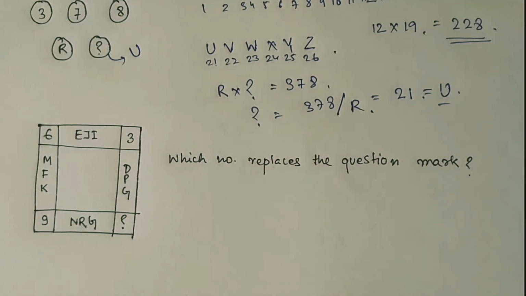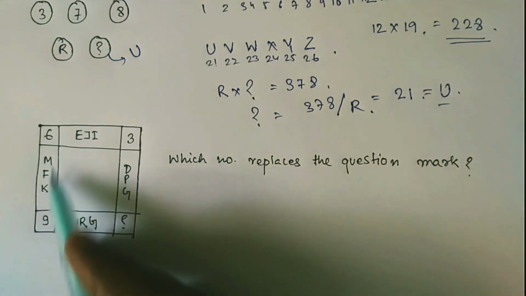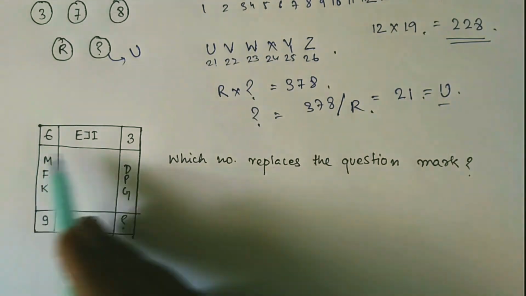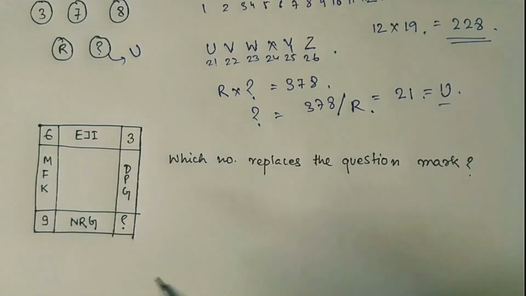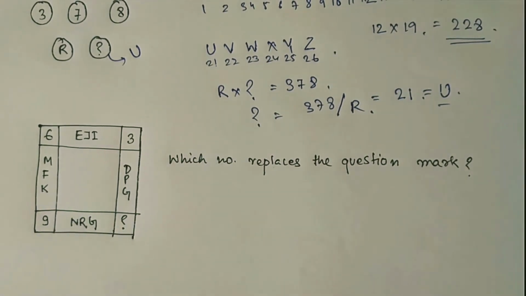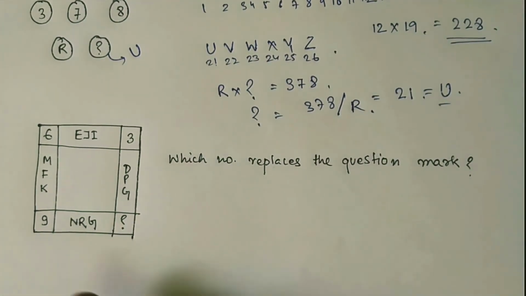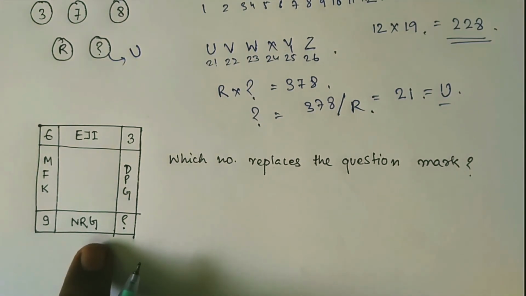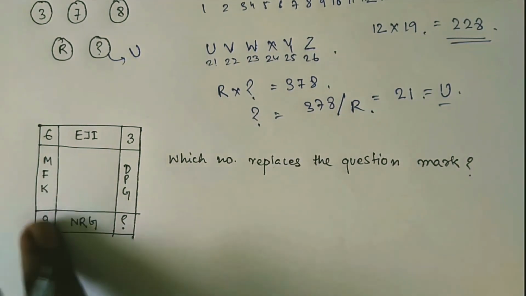Okay, so here also we have to find some relations. So in this, wherever you see more than two alphabets, the numerical values are likely not to be multiplied but to be added, because it becomes more complex when you multiply. I'm not telling you that it surely will not get multiplied, but there's a chance that addition can be done. Okay, by addition you get the logic out. So N, R and G, right? N, R and G, M, F and K. Okay, and in the middle there is 9.